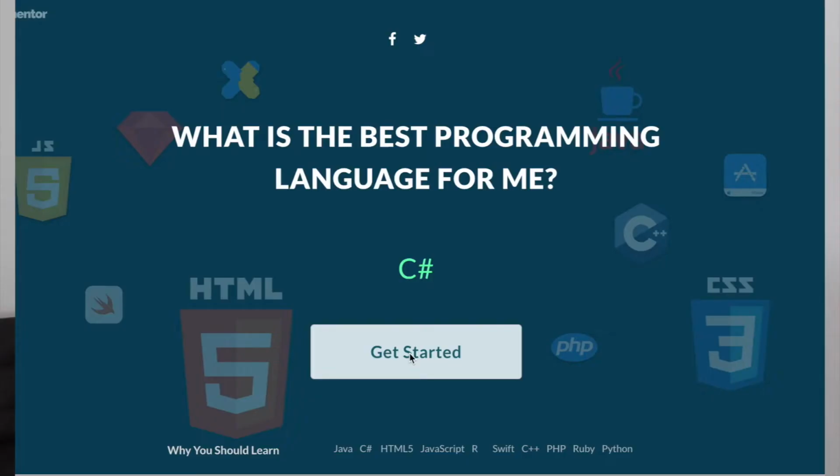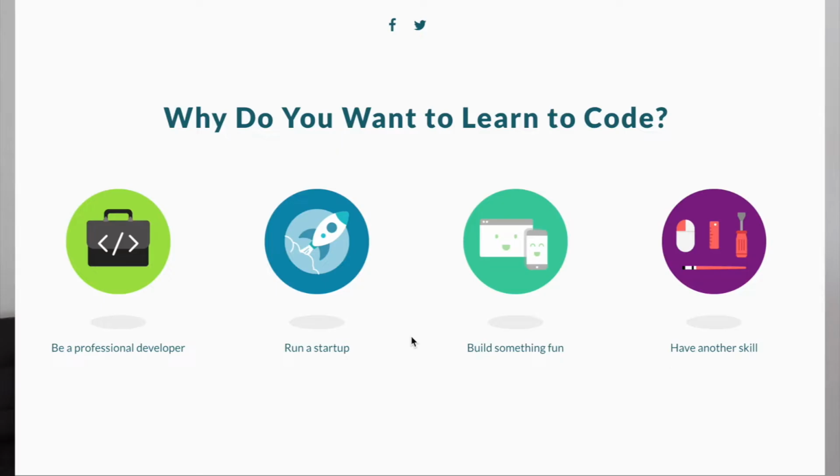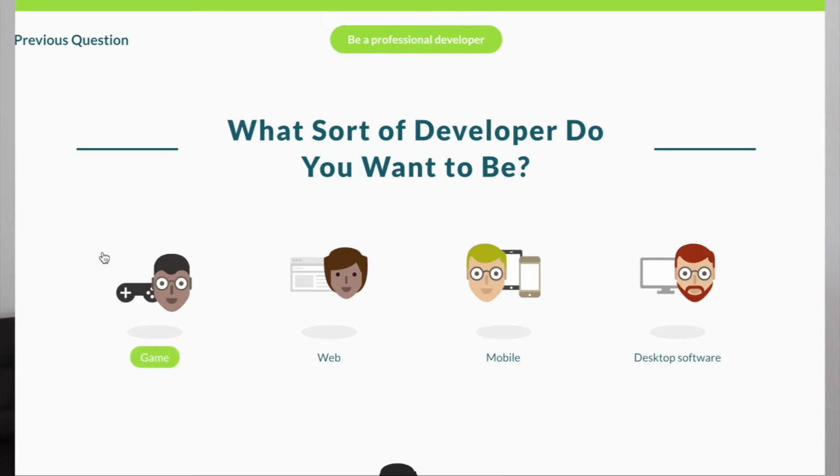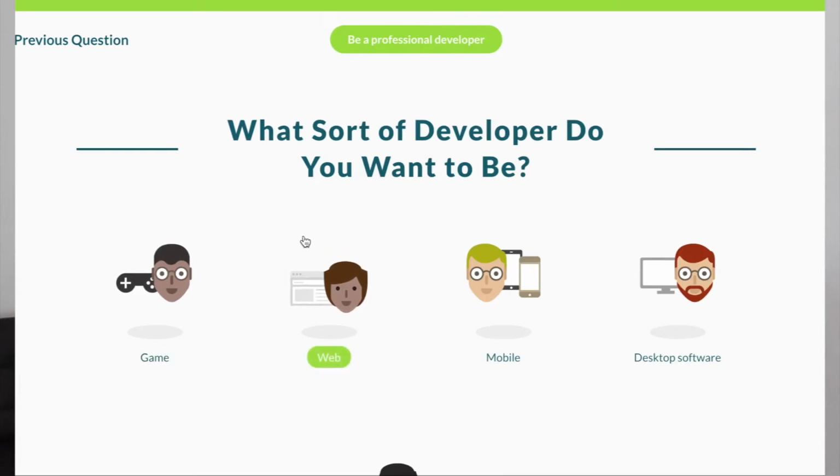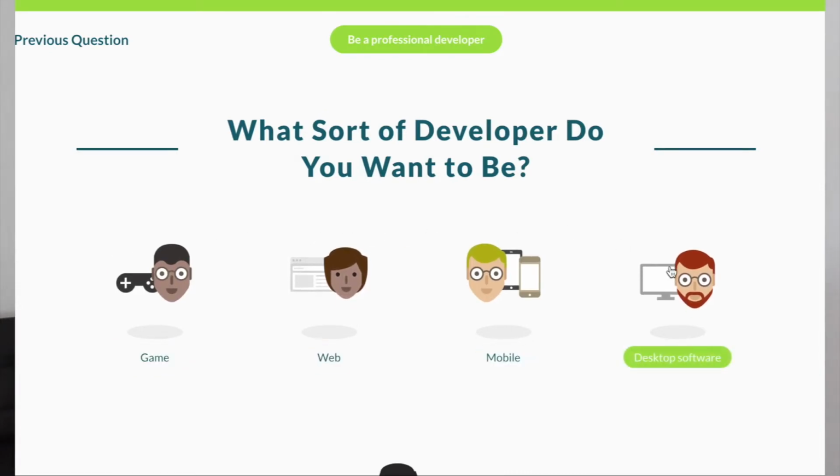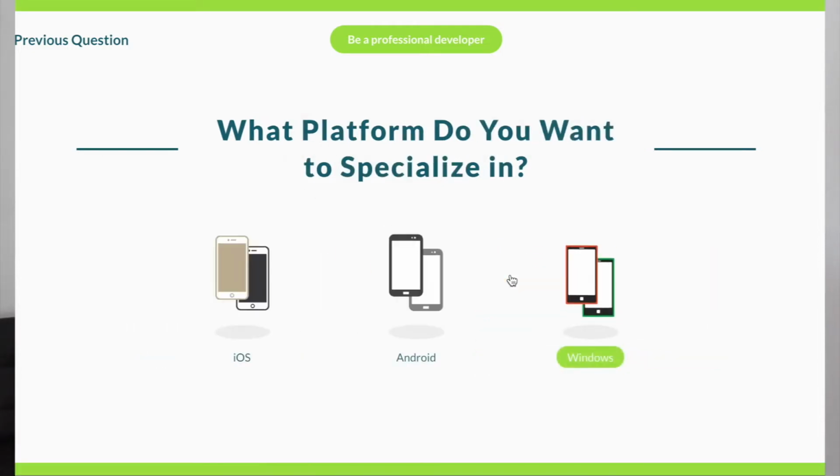And there are some websites where you say what you want to do and they suggest which programming language you should begin with. So I'll make sure to link some of those in the comments so that you can check them if you are very confused or you still don't know what to start with.